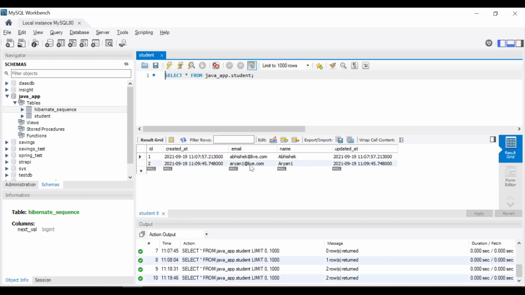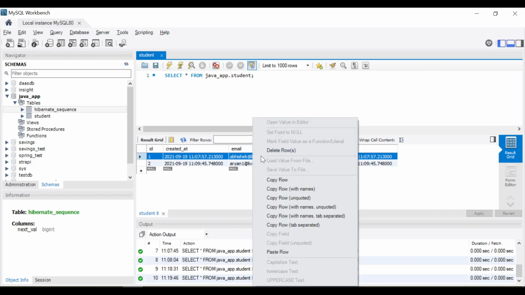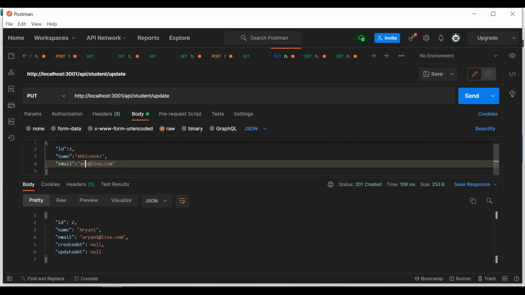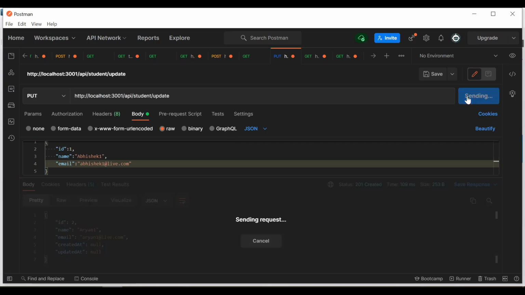Now if we want to update ID 1, same exercise. Let's give 1 and I just want the name as Abhishek1 and email as Abhishek1, right?